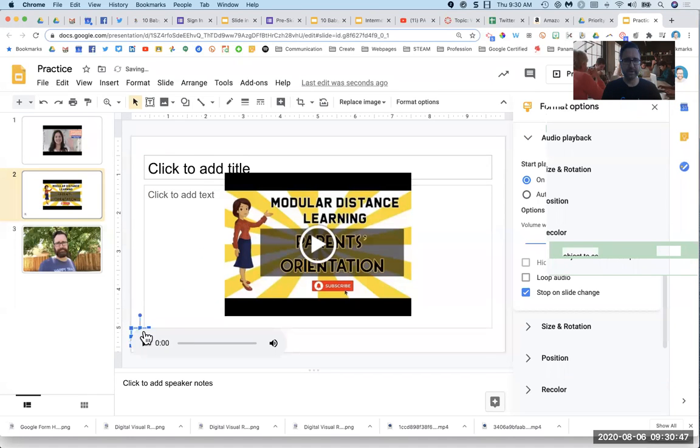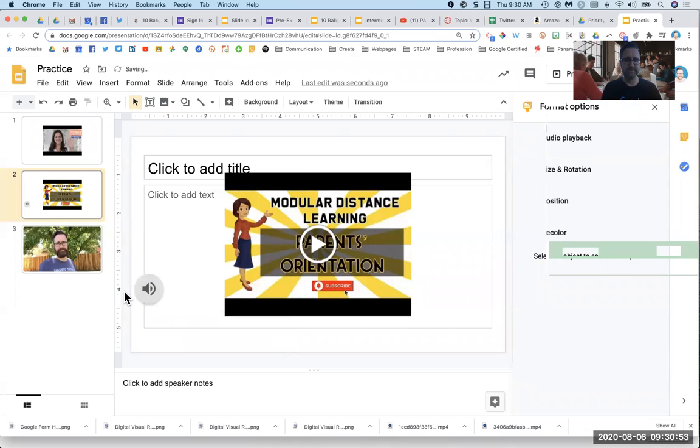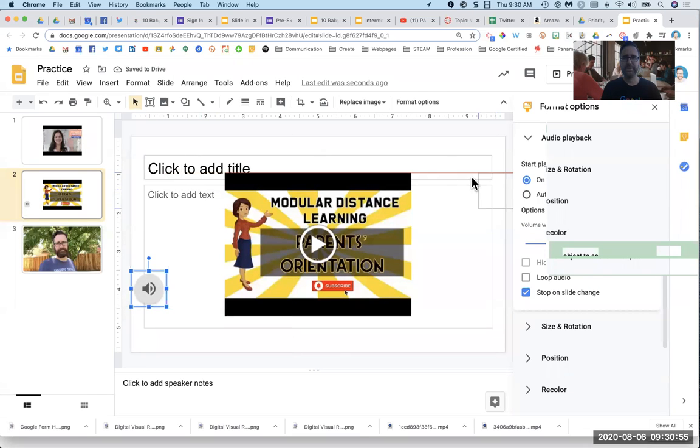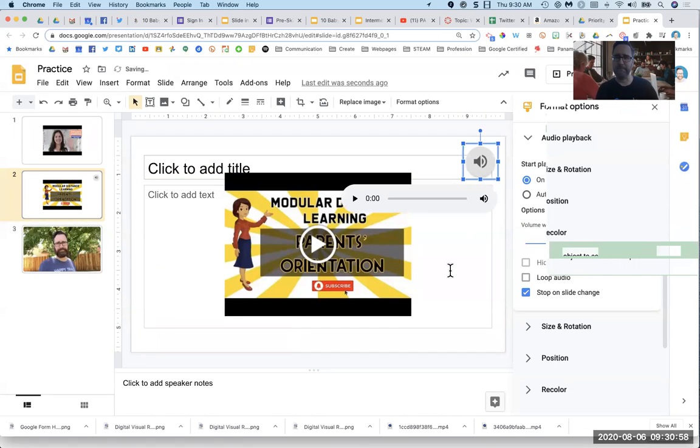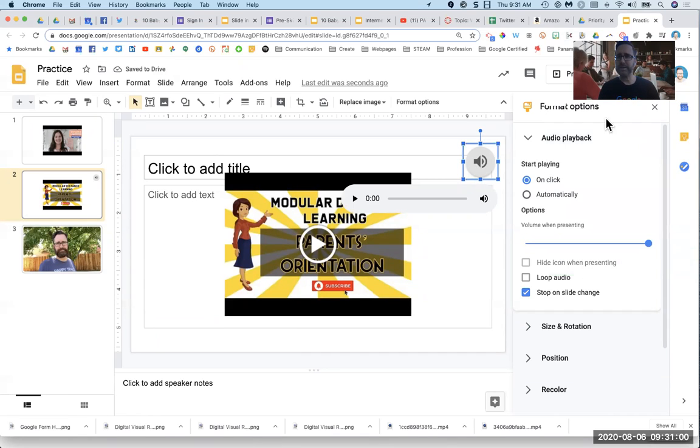So I think you can make this bigger, but it's a little tricky. A little tricky to make that bigger. There. Can I move it? Yes, I can. So you just have to outsmart that little button. So once it's in here,